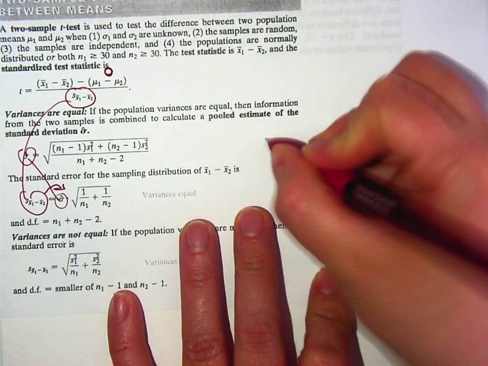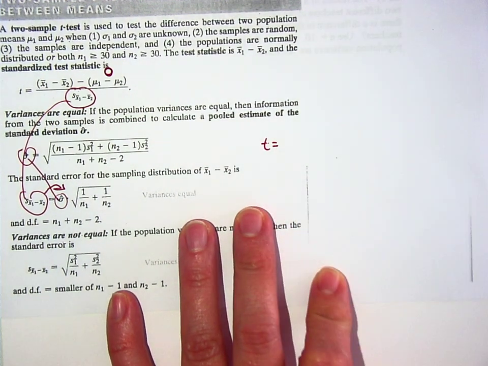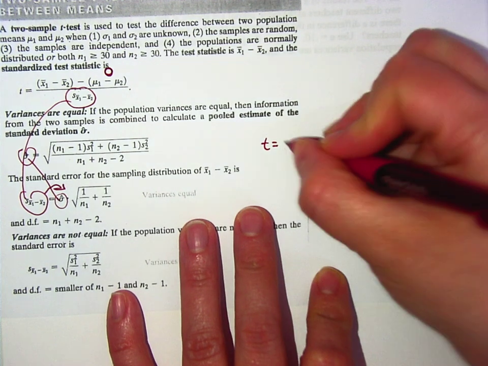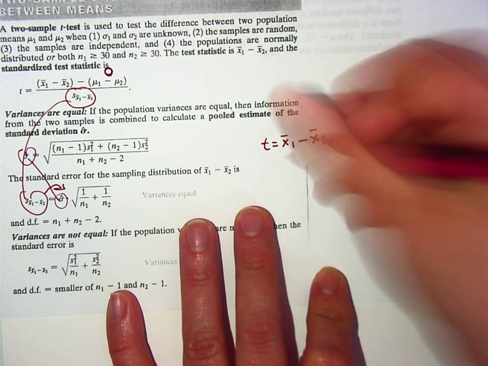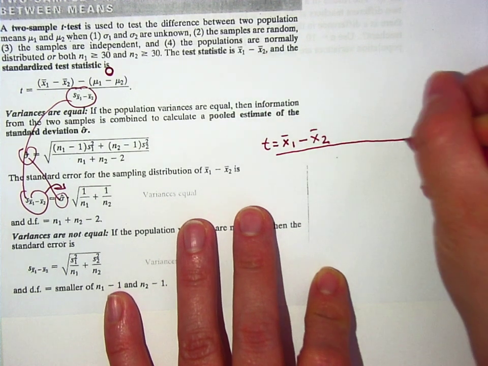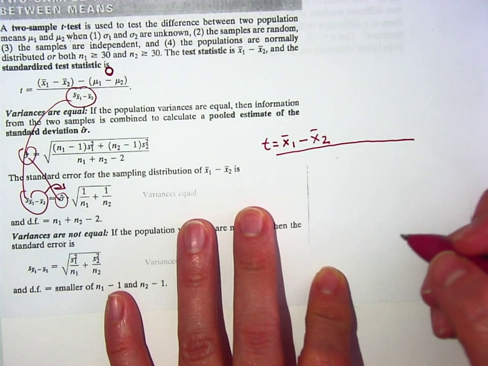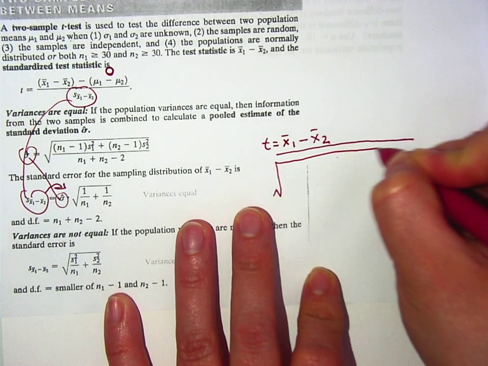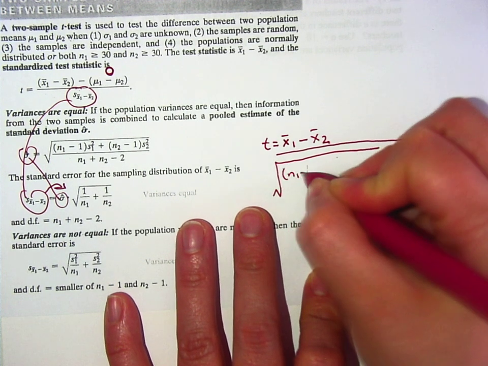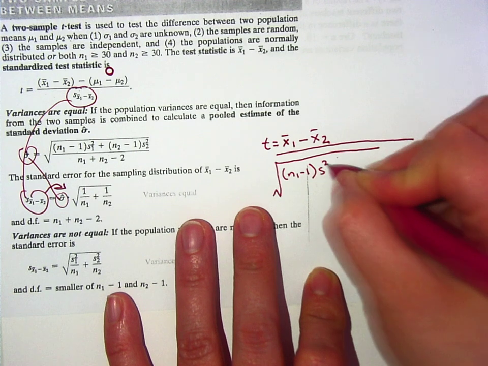Okay, so here's the big final formula you need. T equals x bar 1 minus x bar 2. I'm not even going to write minus 0. We'll just leave that on top. And on the bottom of the fraction is this horrible, huge square root, which has n1 minus 1 times s1 squared